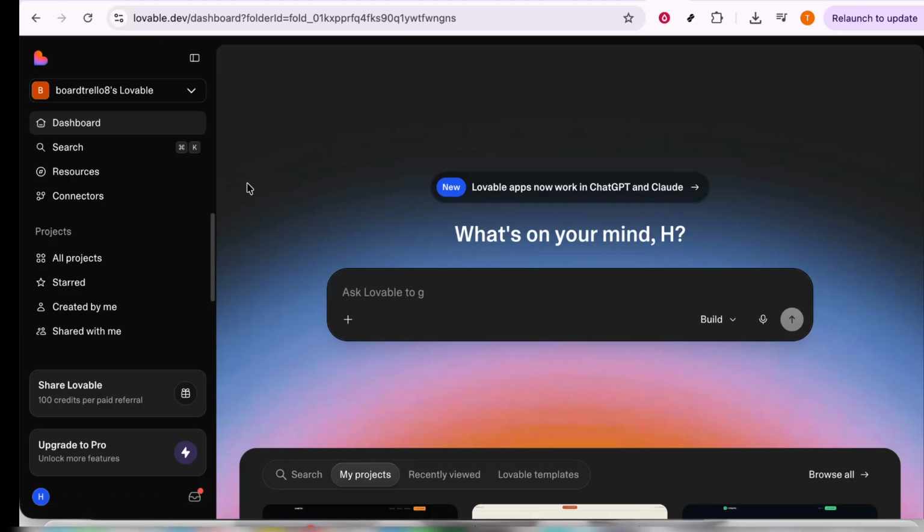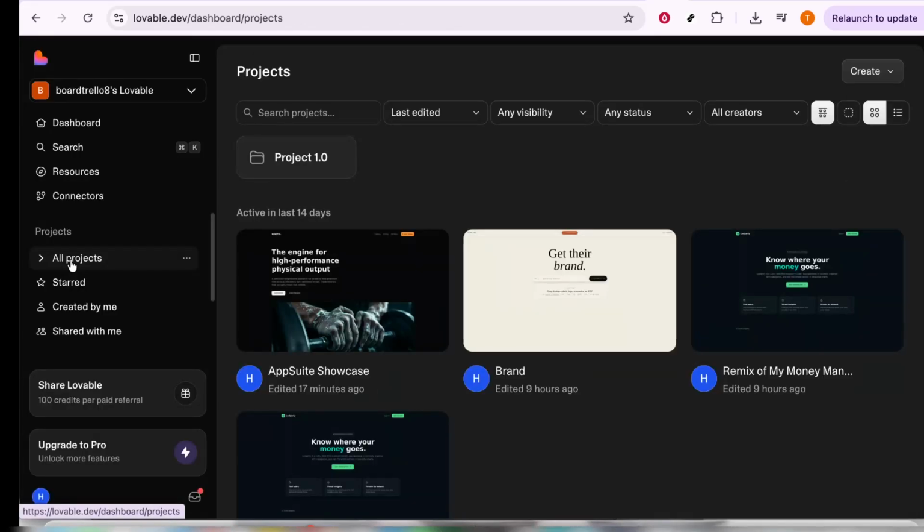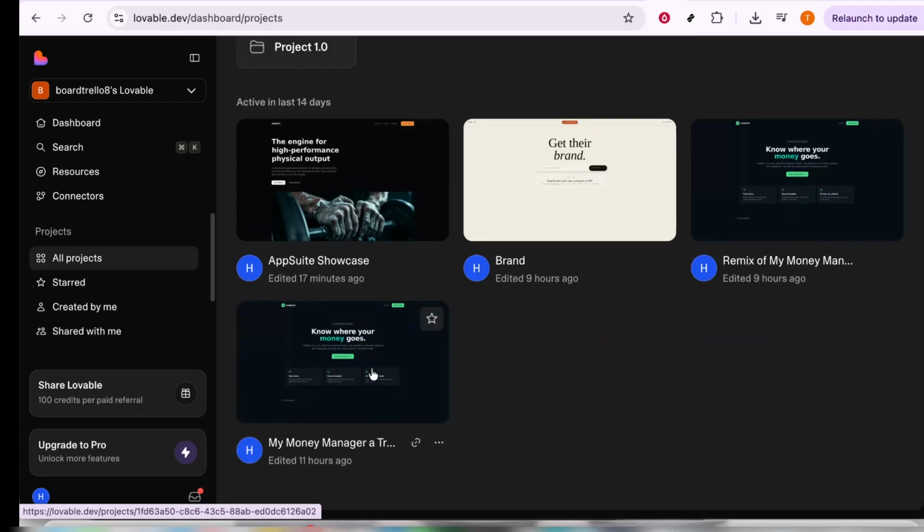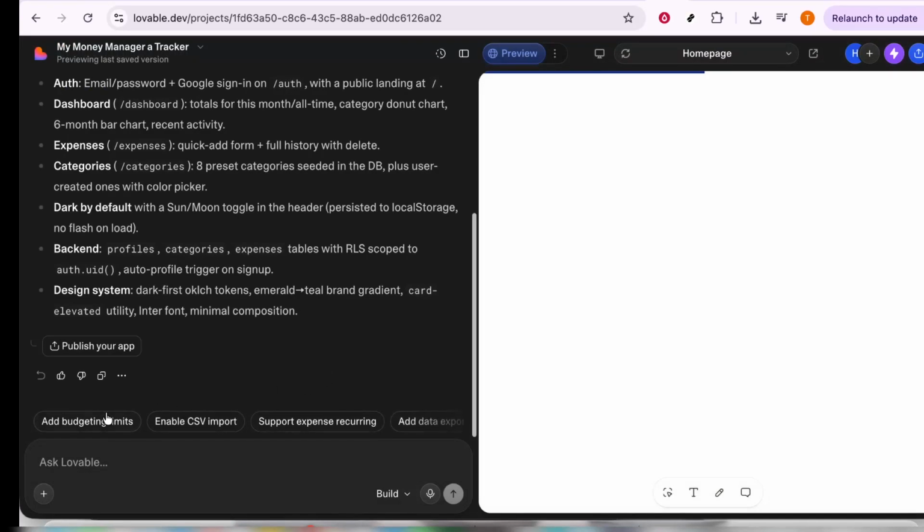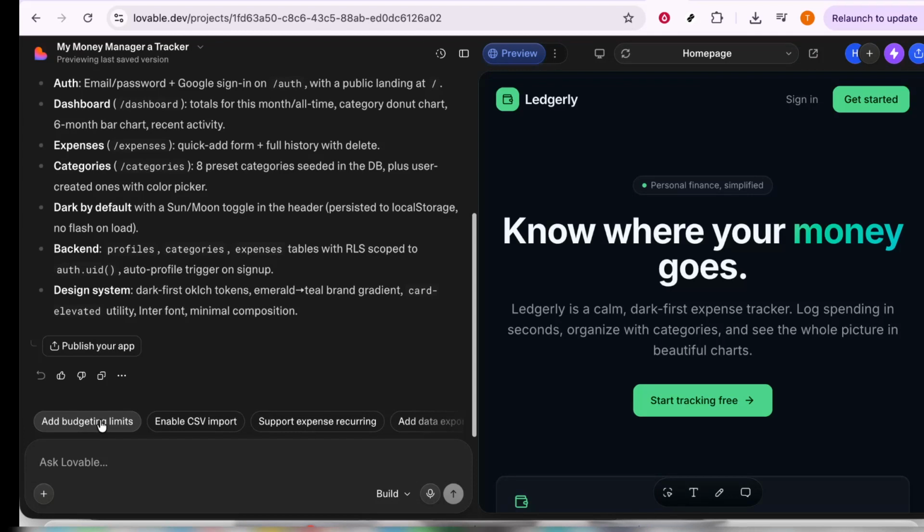Once inside your project, take some time to review the generated pages and components. This step is crucial because understanding what has been created for you by the AI helps in deciding what changes you may wish to implement. Carefully look through each component. Observe how they interact and consider whether they meet your original vision. It's all about ensuring that every button, every drop-down, and every page not only functions properly, but also aligns with